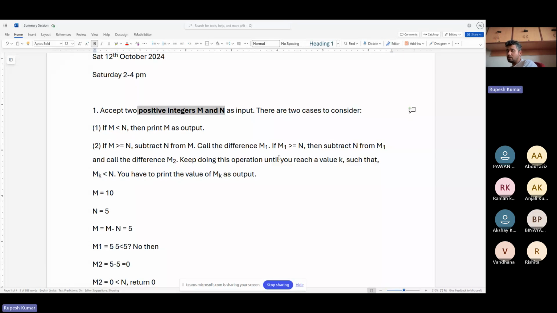So let's say what's the least positive integer that you choose? You can choose one. If m is any number, you keep subtracting one from it. It ultimately will reach 0. So there are no negative values because m and n both are positive integers, and when you subtract this positive integer from some value,